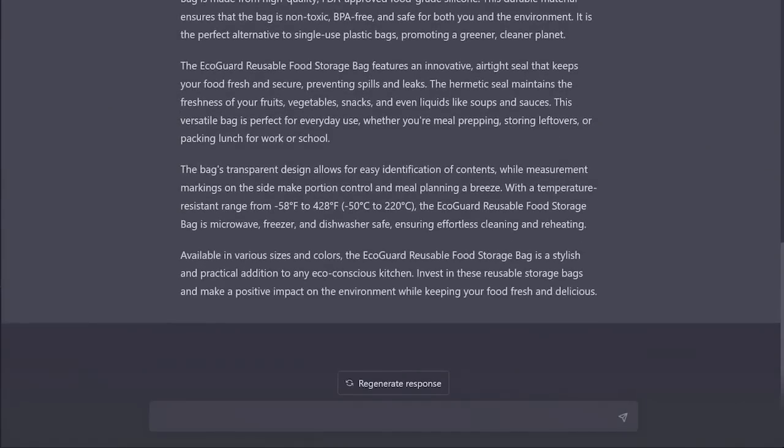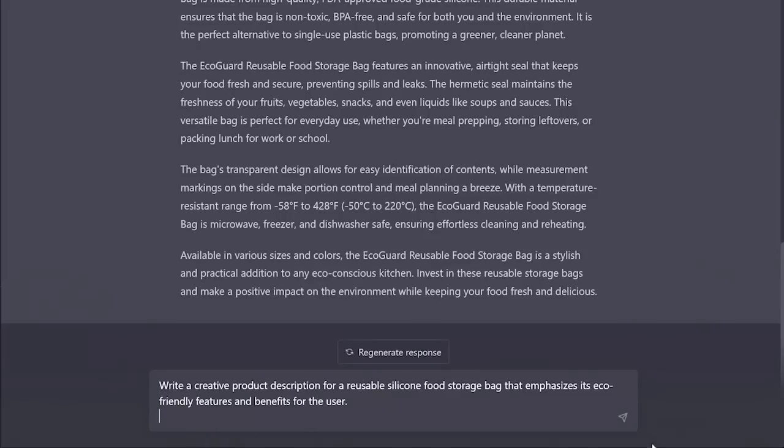So while you have added the 3 modifiers, reusable, food, and storage, ChatGPT still doesn't have any direction from the prompt and proceeds, like with the poor prompt, in a whimsical and entertaining direction. And the last one is a good prompt. Write a creative product description for a reusable silicone food storage bag that emphasizes its eco-friendly features and benefits for